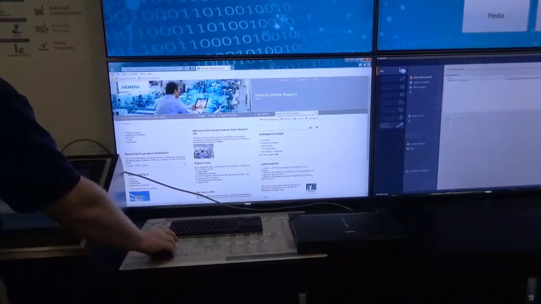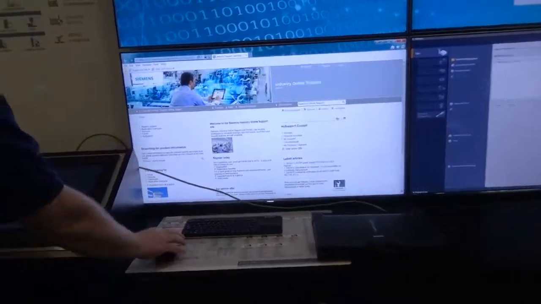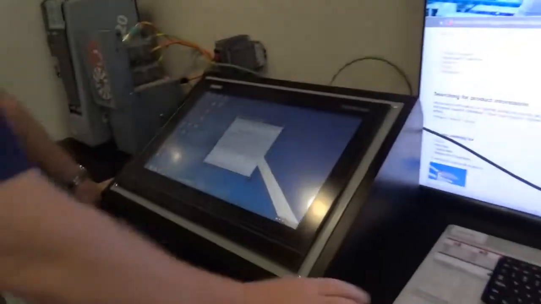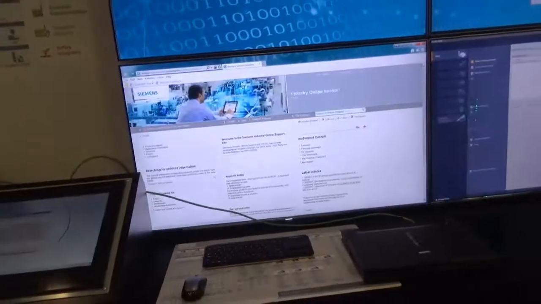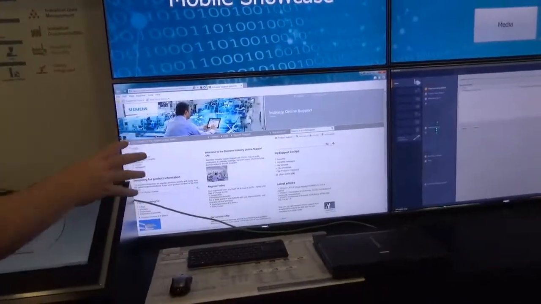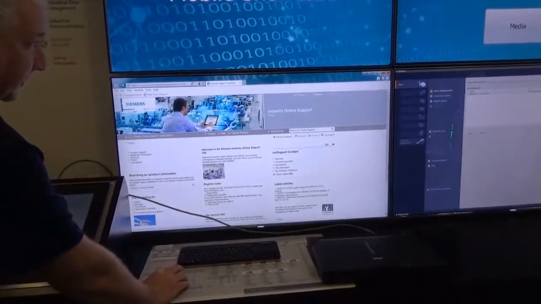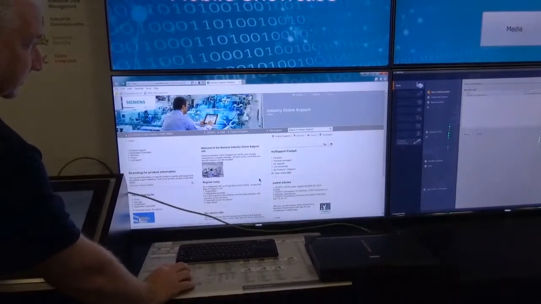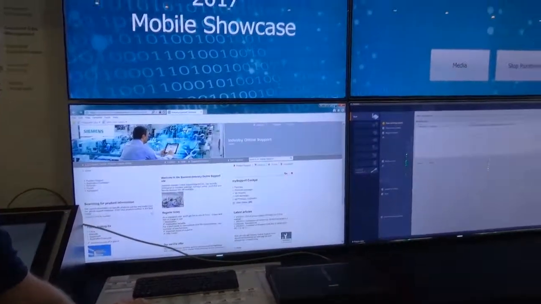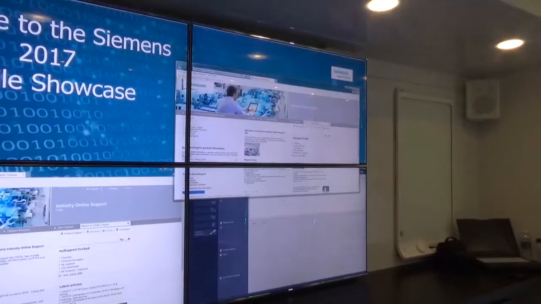So if I use my mouse now, come back to my main monitor, and just like your computer, if you right-click on that icon and select Internet Explorer, it's going to open up a second instance of Internet Explorer that are right on top of each other. So if you come up here to this screen and minimize it down, you can now drag that one up to the top right,